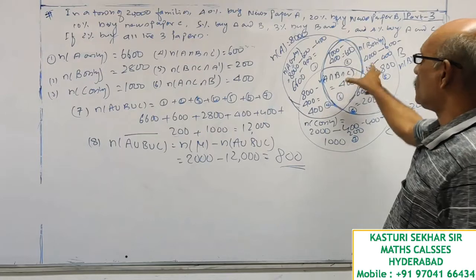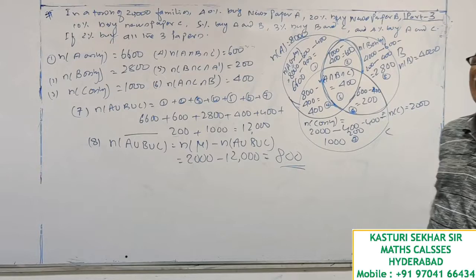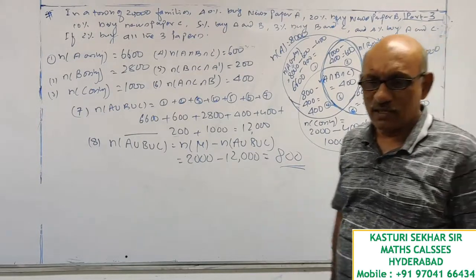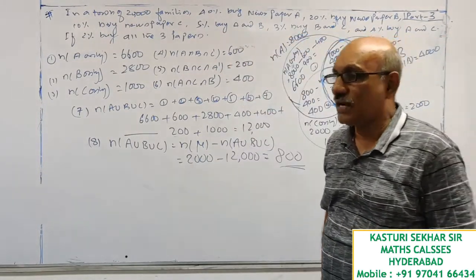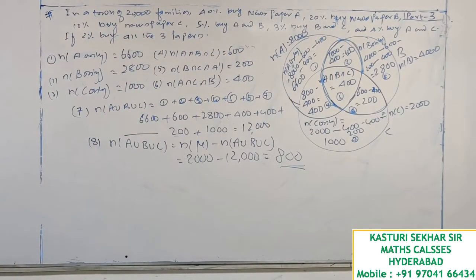So when you know the concept of Venn diagrams, and which part represents which, these problems are as simple as anything. No need to put pen on paper; with the calculator you can do all the calculations. Okay? Next question.